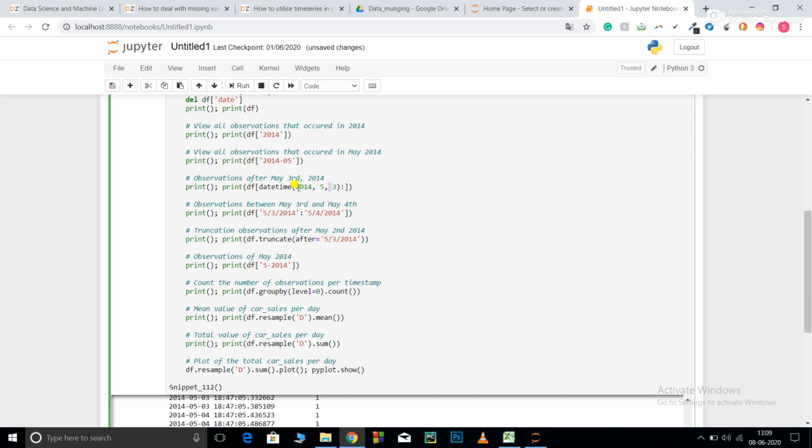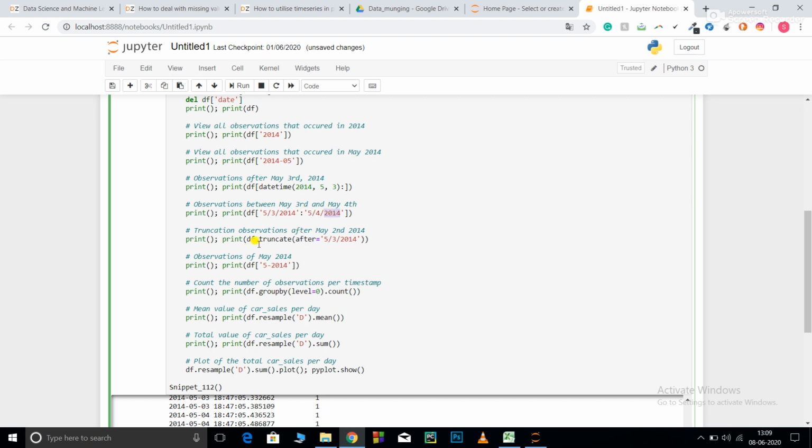This means start from this particular day, and the colon means select all of those coming forward. Now over here I am selecting between two specific dates. I need to pass the first parameter, that is the starting date, then the ending date, and it is going to select all those in between.